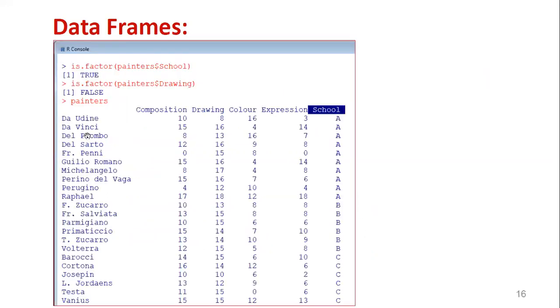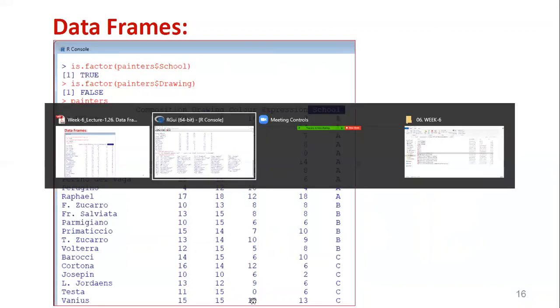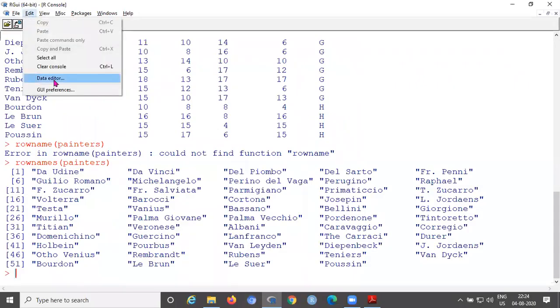Now we will also demonstrate this. First, we clear the R console. So is.factor, the data set name painters, using the dollar symbol, then the variable name. You can see the variable name's starting letter is capital.